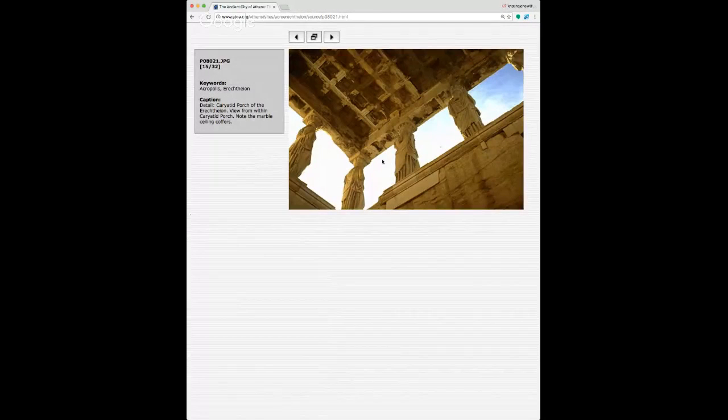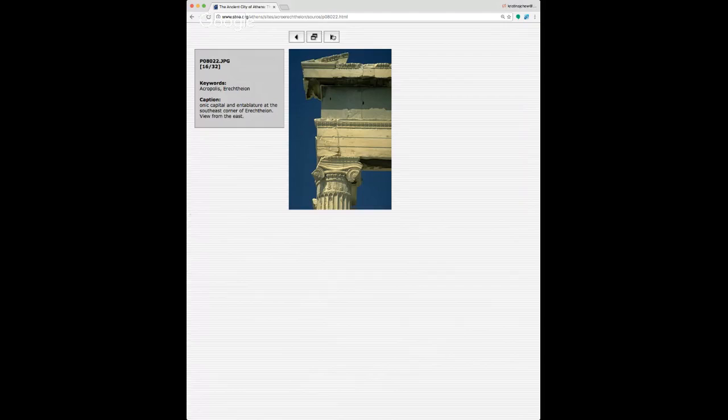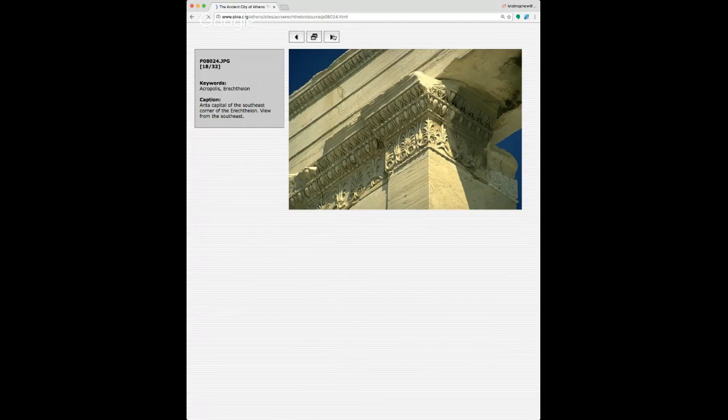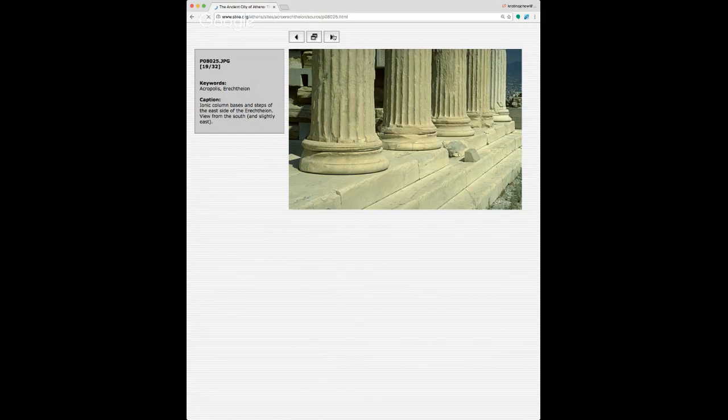So this is just a view of the caryatid porch from the inside. So this is our view of the main buildings, the Parthenon, the Erechtheion, and the Propylaia, along with, so here you can see the differences in the marble based on the age of the materials used, and these are these Ionic columns. And this is as good a place to stop as any on the entrance to the temple with the stylobate, the staircase, which again is curved slightly in order to give it the illusion of straightness.